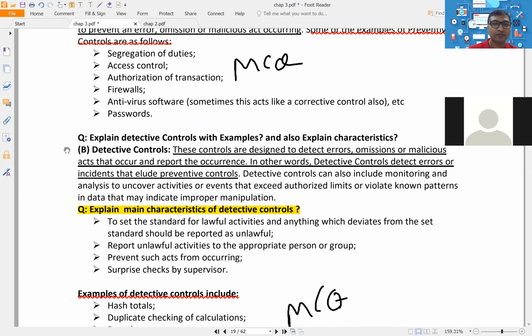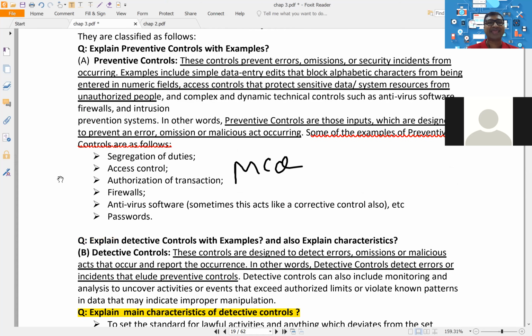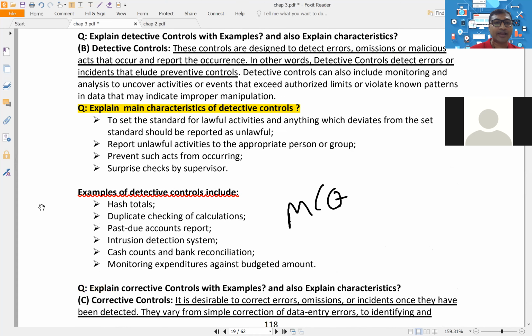But if you see very carefully, in preventive they have not given characteristics, but in detective and corrective, in both they have given characteristics. Look guys, such kind of small things they can ask for 2 marks or 3 marks. Please try to remember. I know you will say, sir, in front of 50 marks there are a lot of contents, but what I can do best is give you the guidelines on how they can think, how they can frame the questions, and that's why I gave you small questions also. So here also try to remember examples from the MCQ point of view, and main characteristics from the 2 mark or 3 mark point of view.